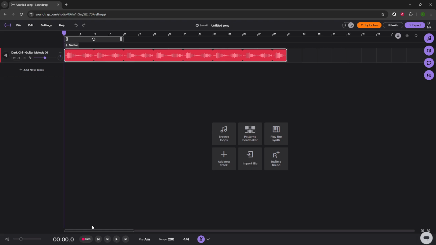That's all you need to make a loop faster in Soundtrap. Sign in, open your project, select your loop, open the tempo control, raise the BPM, click Apply, and confirm with Adjust. With a few careful tweaks, you'll lock in the energy you're after while keeping everything